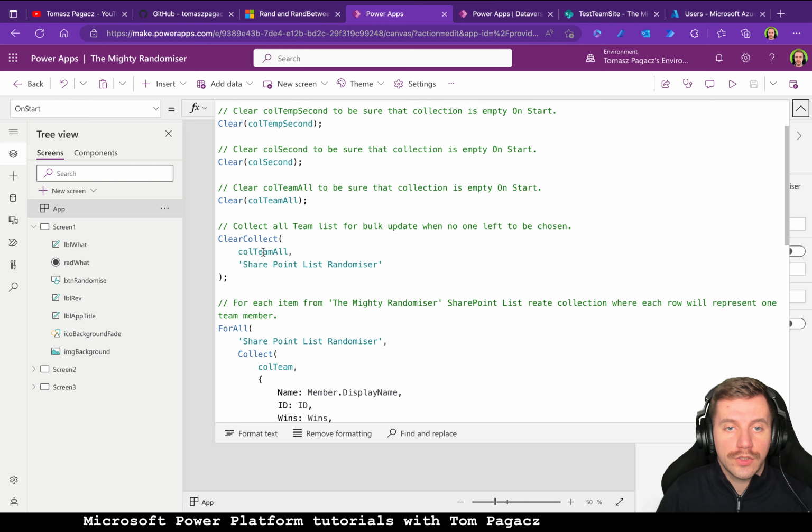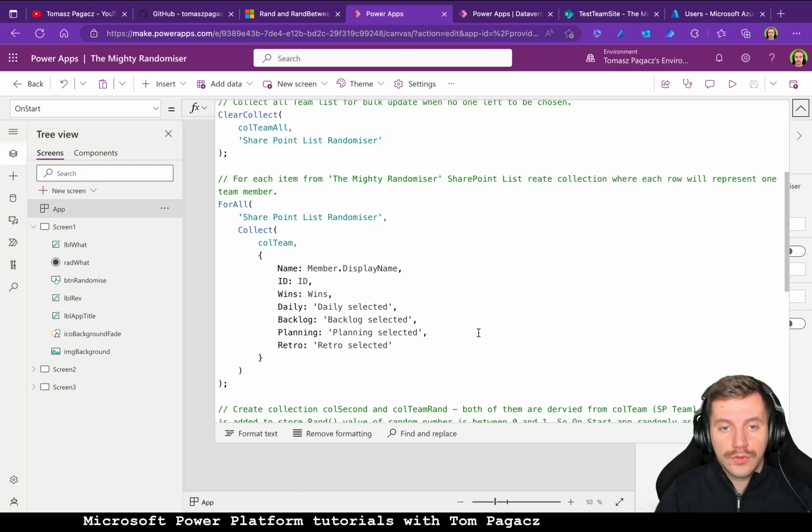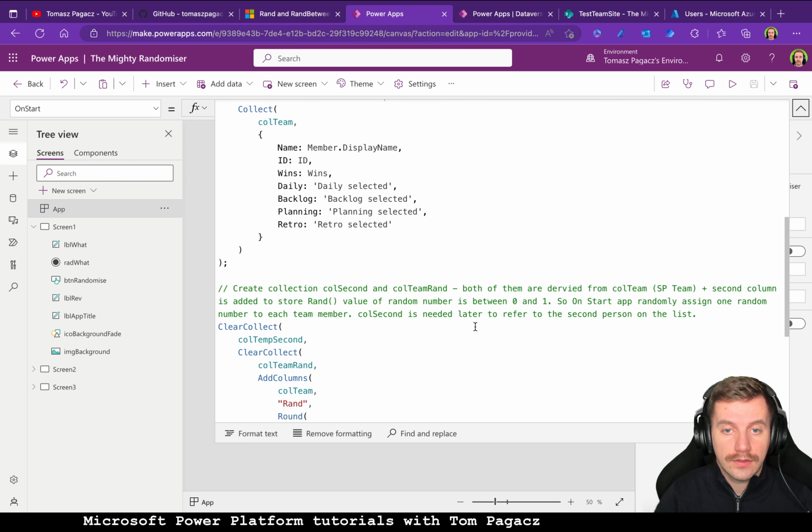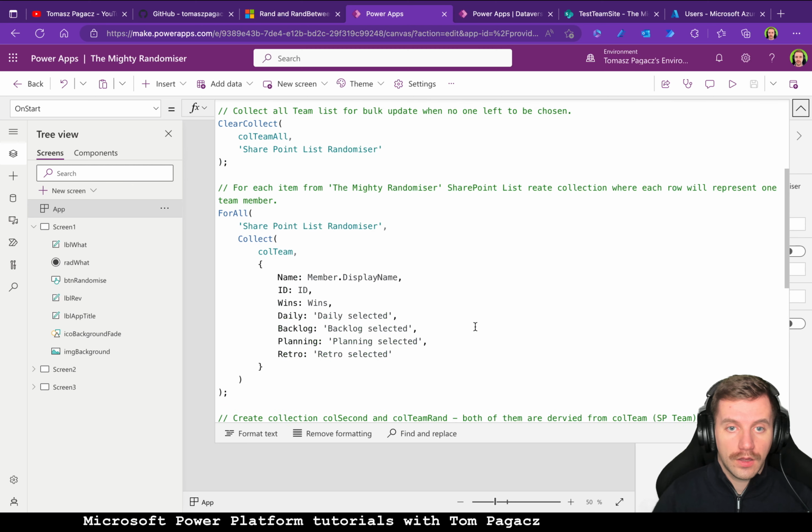Basically, what we need to do is collect this in a collection. We don't strictly need to, but I'm following the practice of collecting everything possible in collections and variables. It's easier to use, and I don't need to ask the original source to fetch everything every time that I need data. So basically